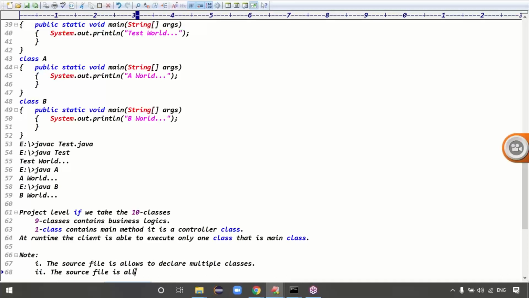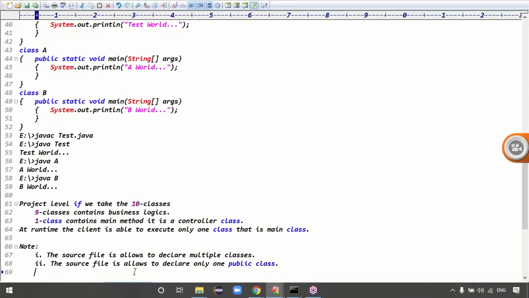Only one public class, right? And the source file allows you to declare how many main classes, guys? Multiple main classes, right?